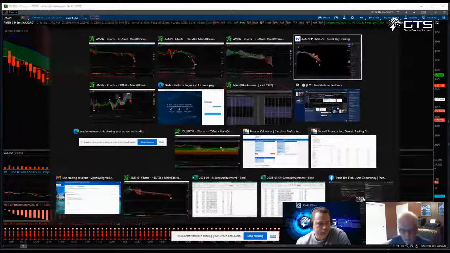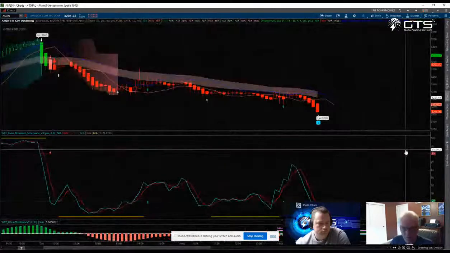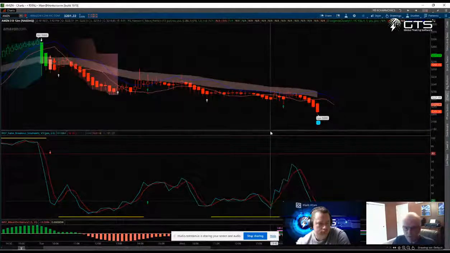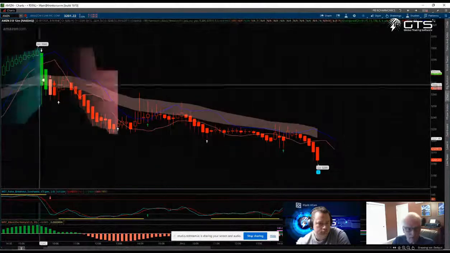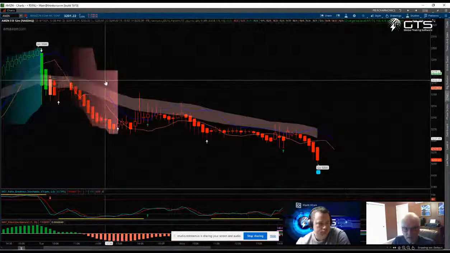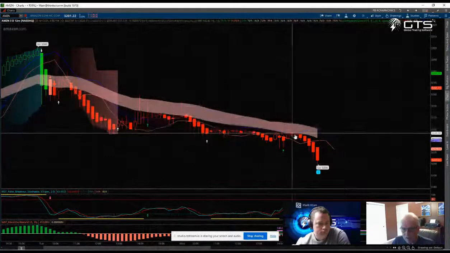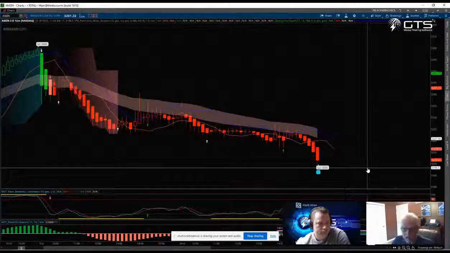I think I have a 12-minute open here somewhere. Oh, here's the 12-minute. I will look at the 12-minute as well, see where the highs and lows are, and so forth, just to get a general idea. I keep track of the divergence cloud, watching the EMA cloud, and so forth, to see where things are laying at the time.